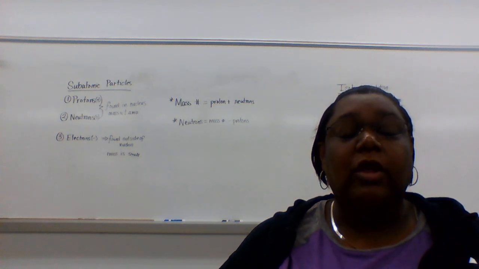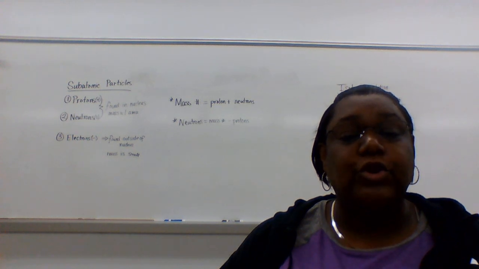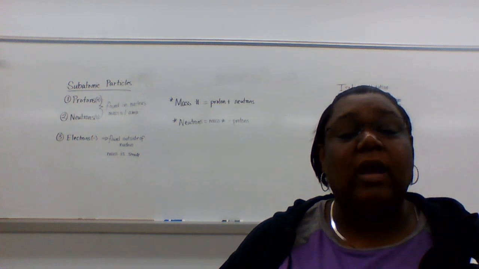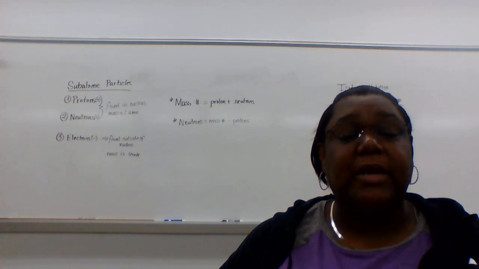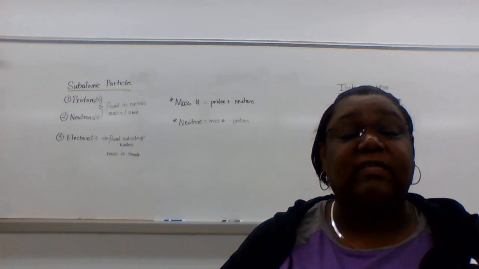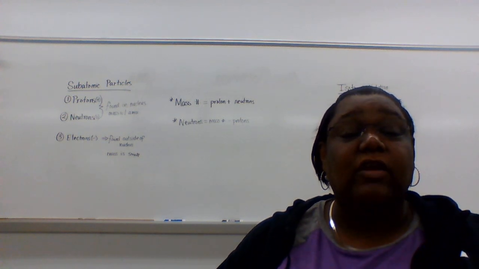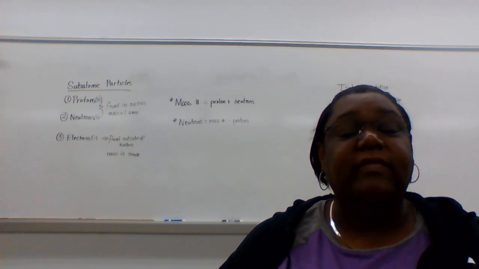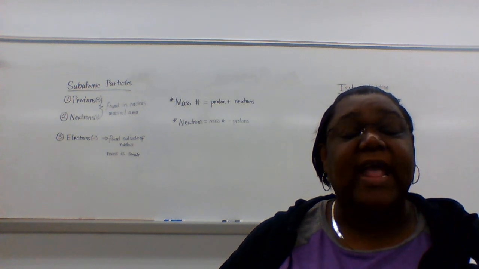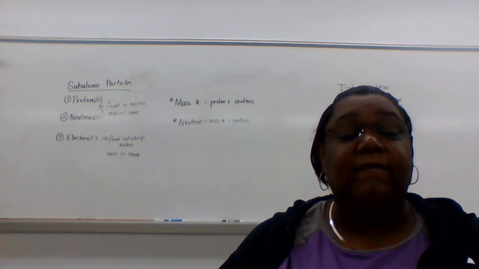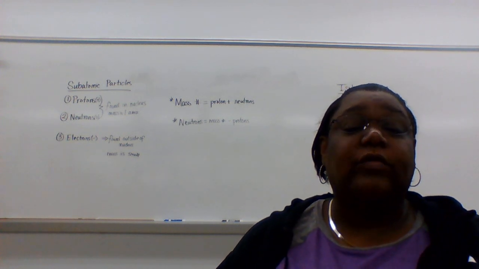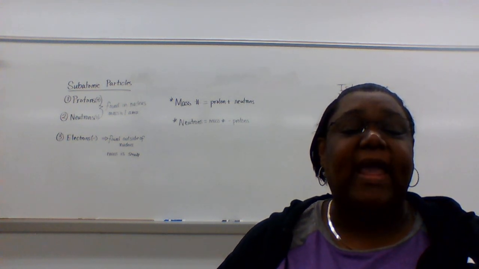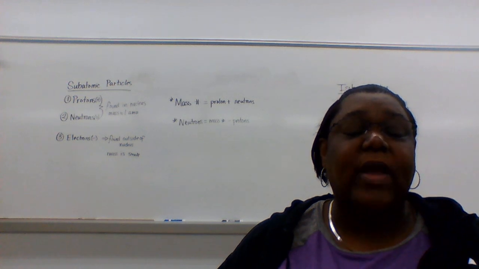atomic number. So on the periodic table, when you look at the different blocks, the number that is the whole number, that is your atomic number. The whole number that's the smallest whole number in that block, that is your atomic number. And what it tells you is how many protons each one of the elements of that particular one have. Now, to find your mass number, you have to add your proton number and you have to add your